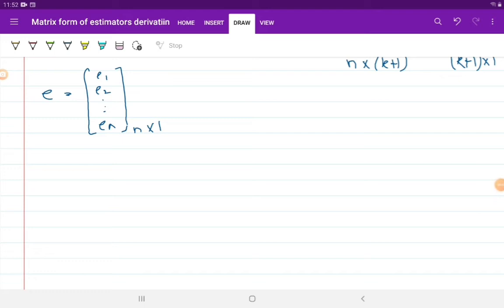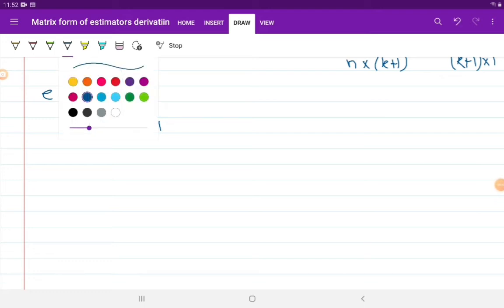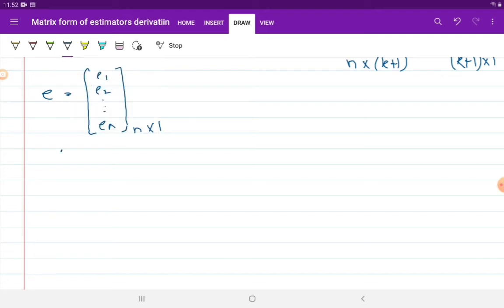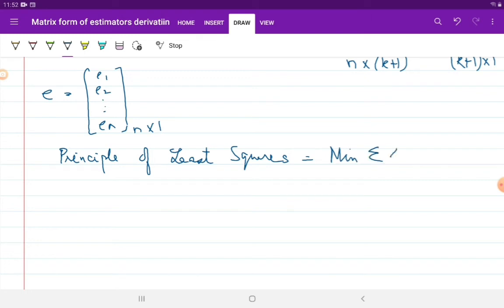Now, if you remember, the least square estimators are based on the principle of least squares. The OLS estimators are based on the principle of least squares, which asks you to minimize the sum of the squares of the error terms, where i is going from 1 to n and n is the number of observations. So in matrix form, if I want to represent the sum of ei square,